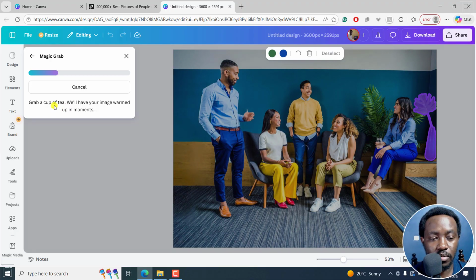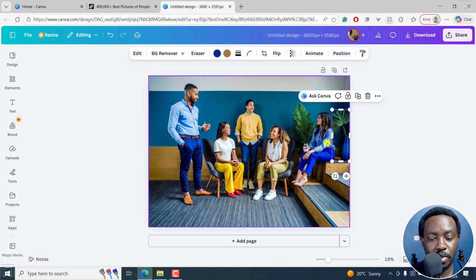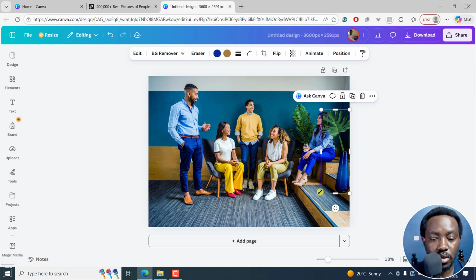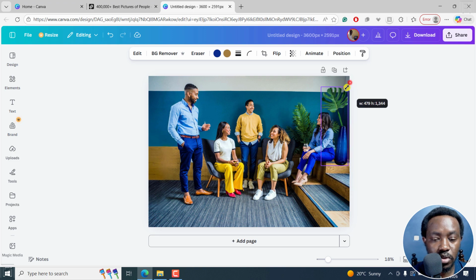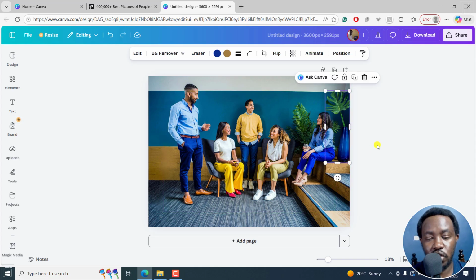So you can grab a cup of coffee when this is being done, and this particular photo you can now enlarge a little bit, maybe the way you want it to be. Maybe you want it a little bit bigger right there. Yeah, that's a little bit bigger than what we had, but it still looks like a legit